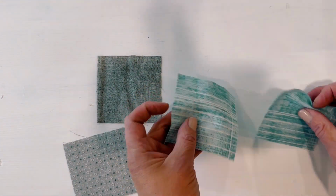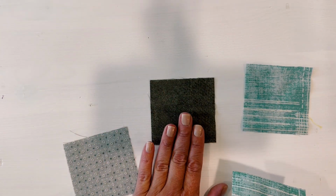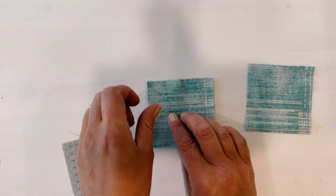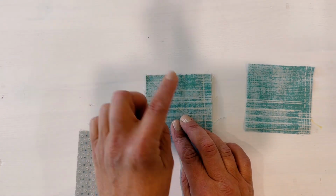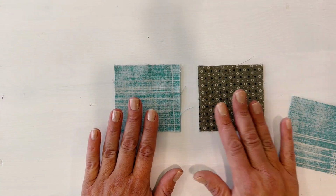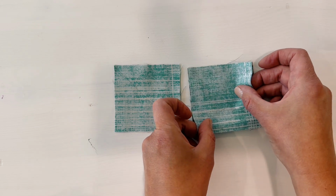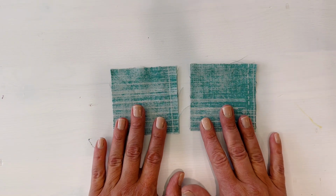Then I'm going to place right sides together, meaning the most vibrant side. My Rough Out Brown and my Modern Grid Aqua, and then my Forever Dot Brown and my Modern Grid, right sides together. If you have pins, go ahead and pin those together,